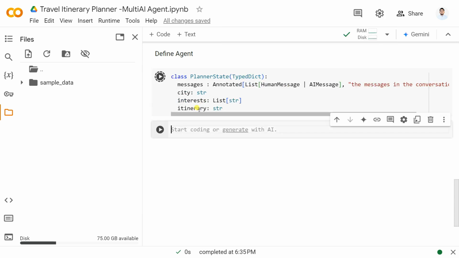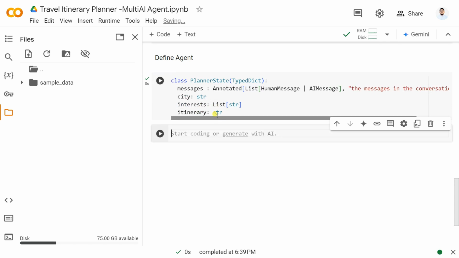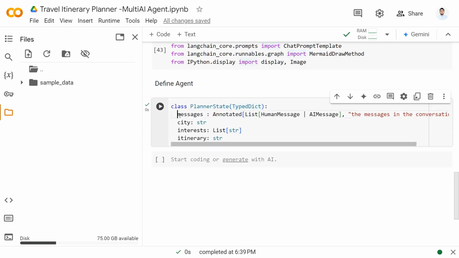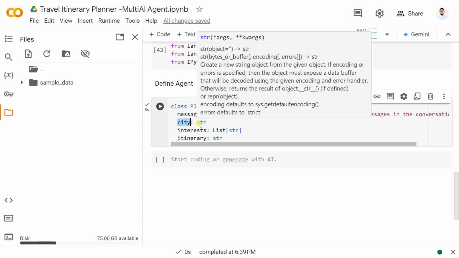So in our planner state क्या क्या है यहाँ पर, देखो planner state जो है ना वो just a simple class है जो type dict को enumerate करता है। उसके बाद उसके अंदर एक मैसेज होगा जो हमारा ह्यूमन मैसेज और एआई मैसेज में थोड़ा कन्वर्सेशन करेगा। तो उसको हमने एनोटेट के पास लिस्ट के तरीके से पास कर दिया। उसके बाद हमारा स्टेट में क्या क्या होगा, सिटी होगा क्योंकि हमको सिटी भी इंपुट करना होगा।